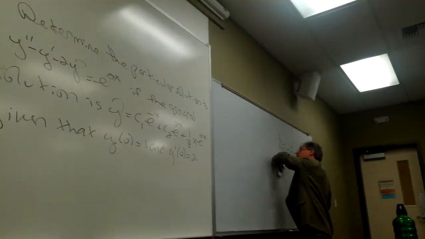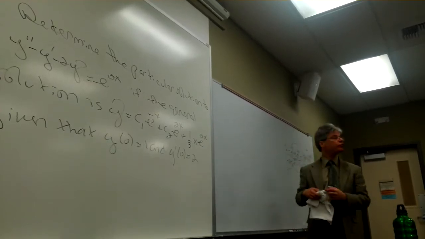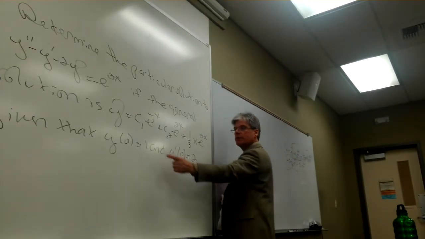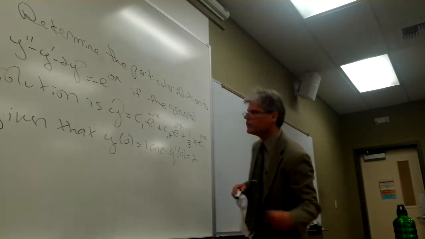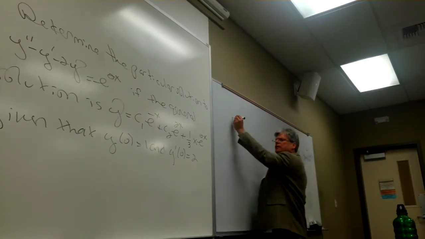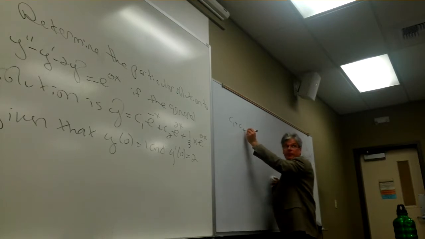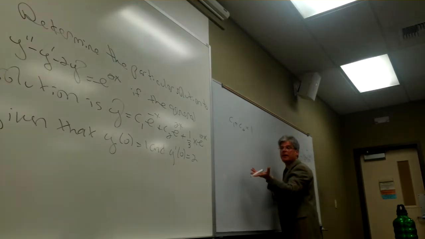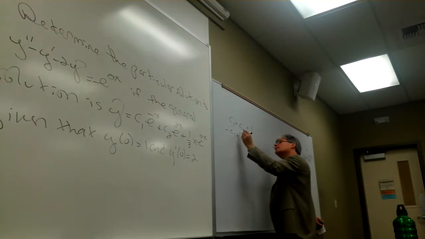Using that first criterion, that y of 0 is equal to 1, I'm simply going to take my general solution and plug 0 for x and 1 in for y. And if I do that, I think I generate this equation. Actually, you tell me what I generate. Is that C1 plus C2 being equal to 1? But my second condition tells me that negative C1 plus 2C2